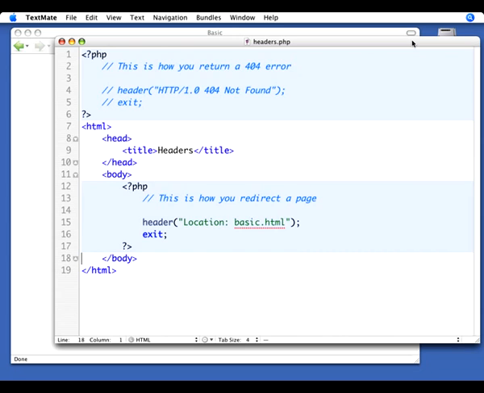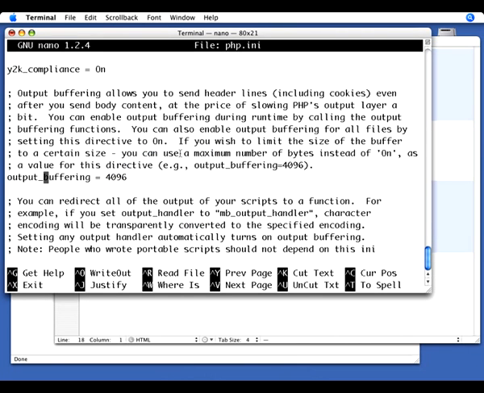But where it applies to us here is with headers. I happen to have my output buffering turned on, and that's in my php.ini file. That's where we make that change. Let's take a quick look at my PHP file. Here I am inside a terminal window where I've opened up my php.ini file to edit. And you'll see that I'm at the section already on output buffering. And it tells at the beginning, output buffering allows you to send header lines, including cookies, and that also means sessions, even after you send body content at the price of slowing down